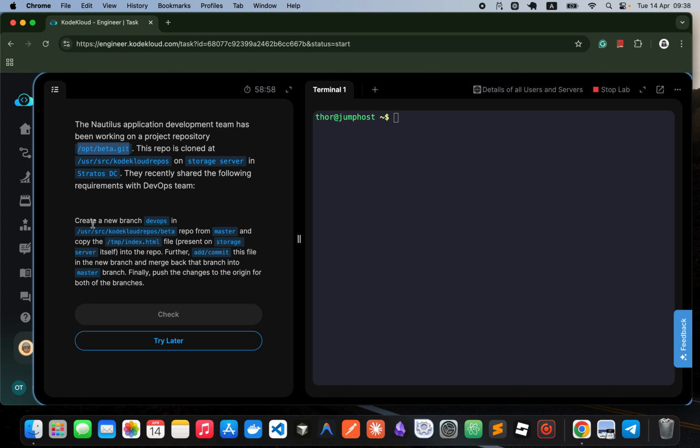So we know how to create a new branch. The branch name is devops, in the specific repo /usr/src/cloud_repos/beta, from the master. So we're gonna have to create it from the master branch and copy the /tmp/index.html file present on the storage server